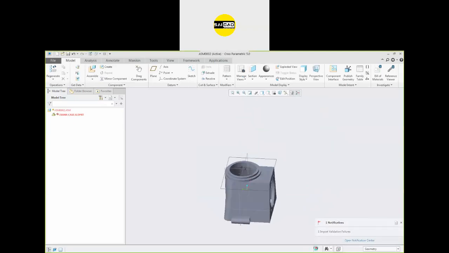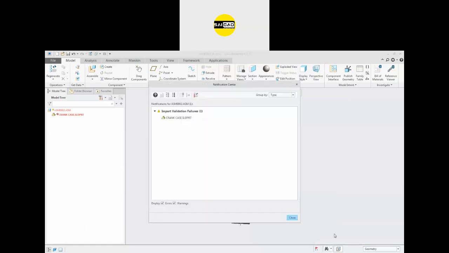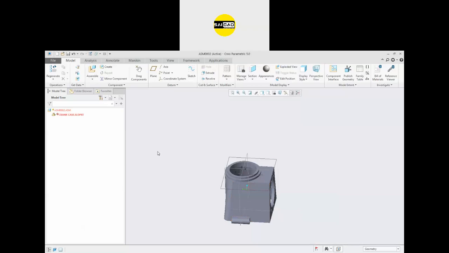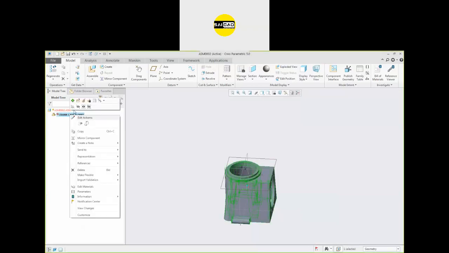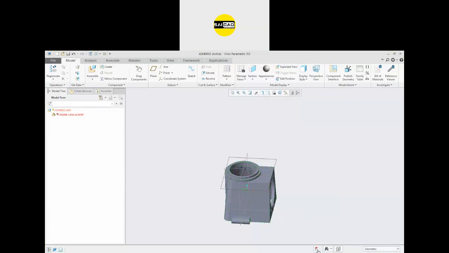You will see there are some errors. So what are the errors? Import validation. Okay. So this is a component from the other assembly that is showing some errors.